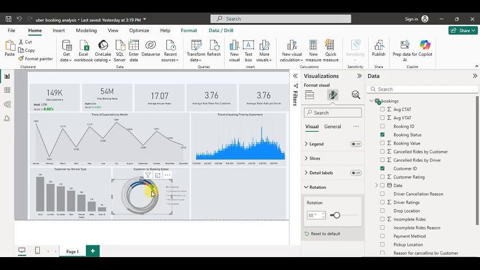You come here in a slicer, then you use remove all color. Here click here